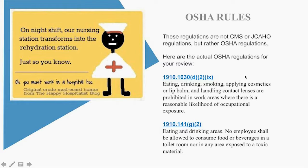It's not JCO, and it's not CMS. This is what OSHA says, and they basically are saying that eating, drinking, smoking, applying cosmetics, and handling contacts is prohibited in an area where there is reasonable likelihood of occupational exposure. So whether that's at the nurse's station or not, apparently OSHA considers that to be a dangerous place to do all of the above. They also say they do not want them to consume food or beverages in a toilet